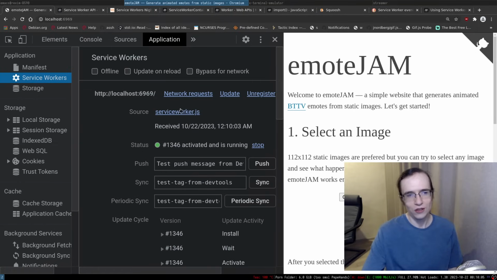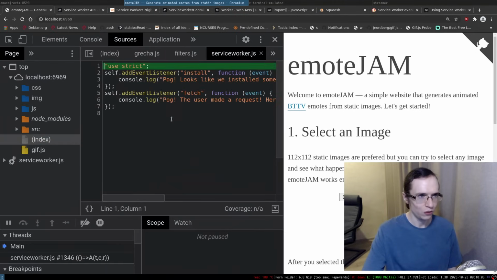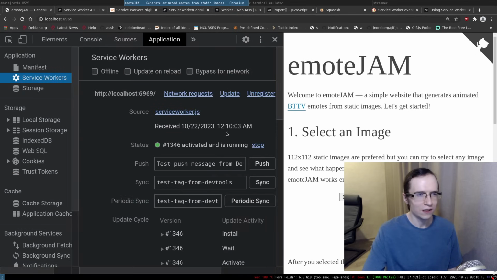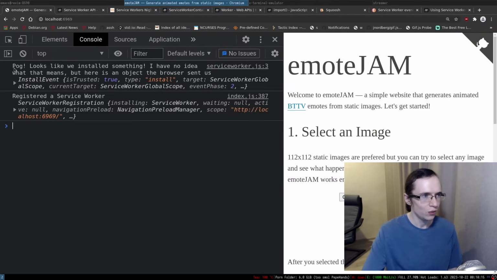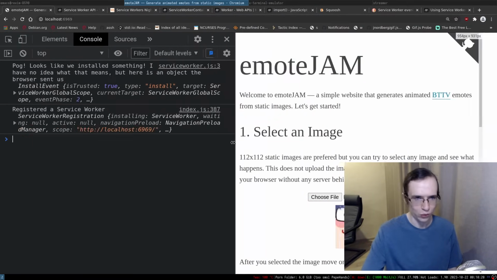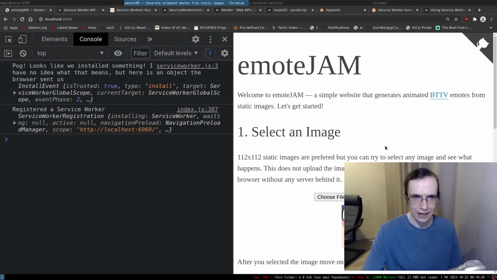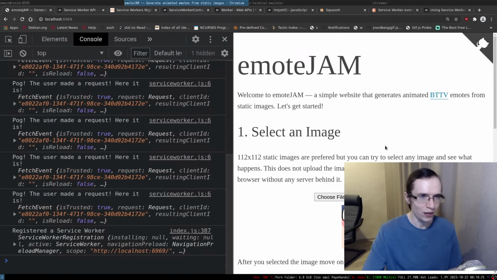And that registered the service worker, right? And where is it located? I'm pretty sure it's located at, yeah, as you can see, well, you probably couldn't see it, but it's located at the root. So yeah, we installed something, we registered the service worker. And if now I just refresh this, oh,